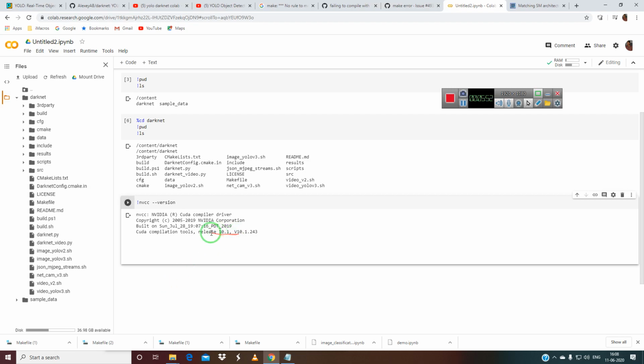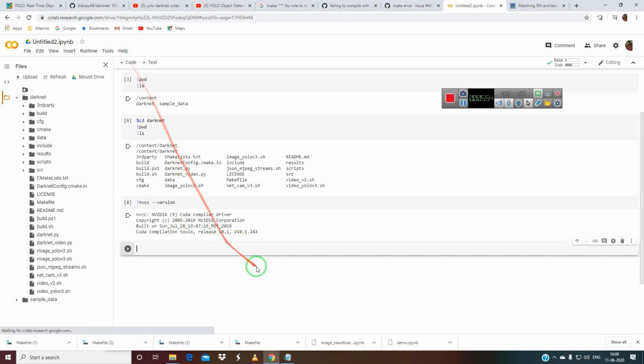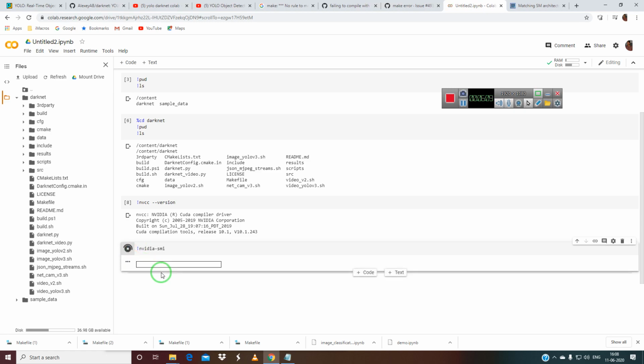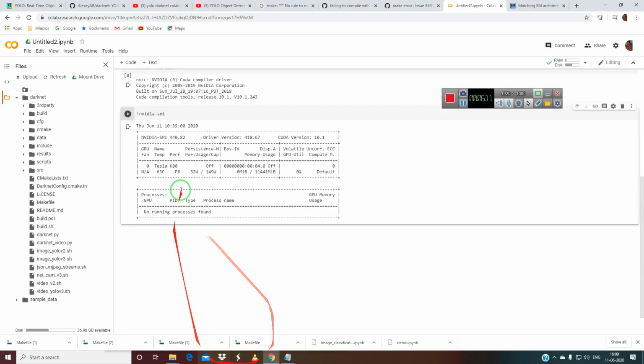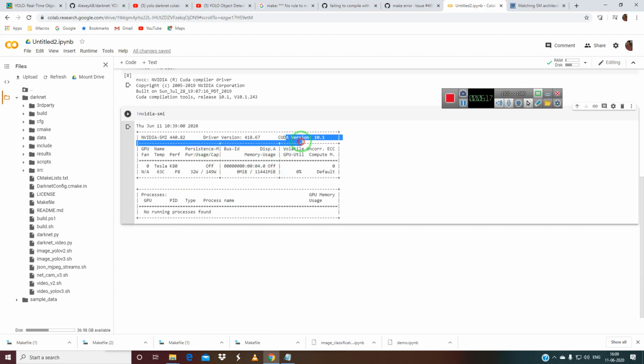So you have a 10.1 CUDA compiler. Another thing is nvidia-smi. You just click this, and you can see what kind of GPU this is, about an 11 GB GPU with CUDA 10, with driver version 440.